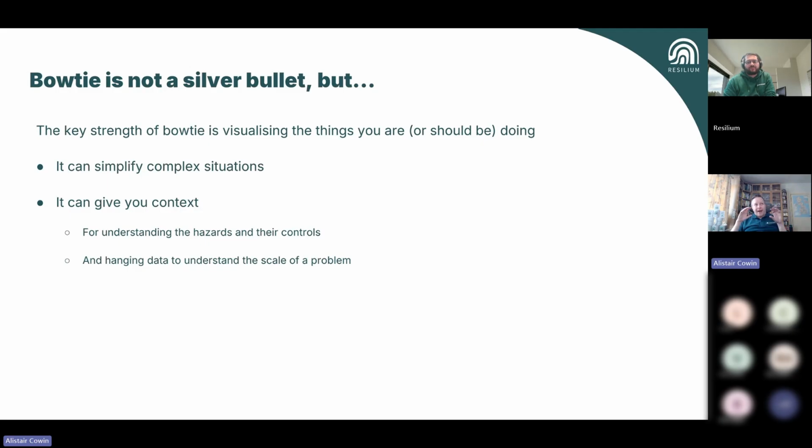And then by having somewhere to hang an understanding of that complex situation, a place to hang all your data, it allows you to create information that tells you we either don't understand the scale of the problem, we need to put more investment into things, or we don't yet have enough control over our problem. And I think that's the really powerful piece, essentially.